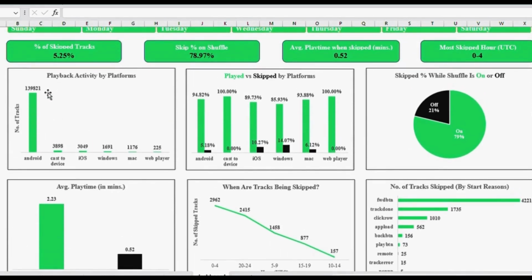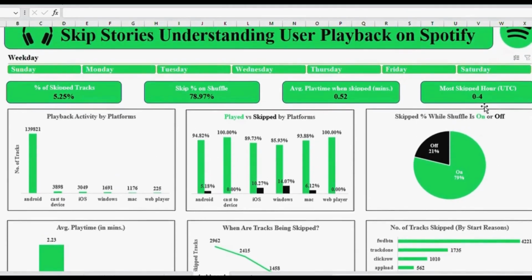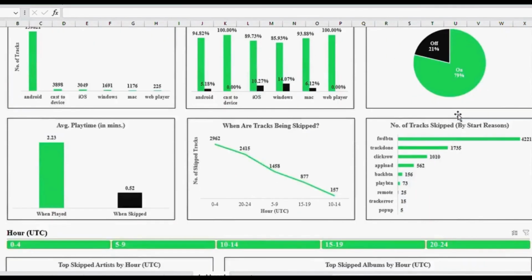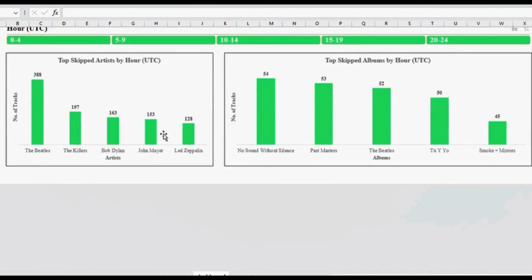Android is the most preferred medium for listening, while the other devices are rare. Songs that started with the forward button are skipped the most. Skip rates are higher in the 0 to 4 UTC interval on average for the artists and albums that are too energetic, heavy, or emotionally intense.